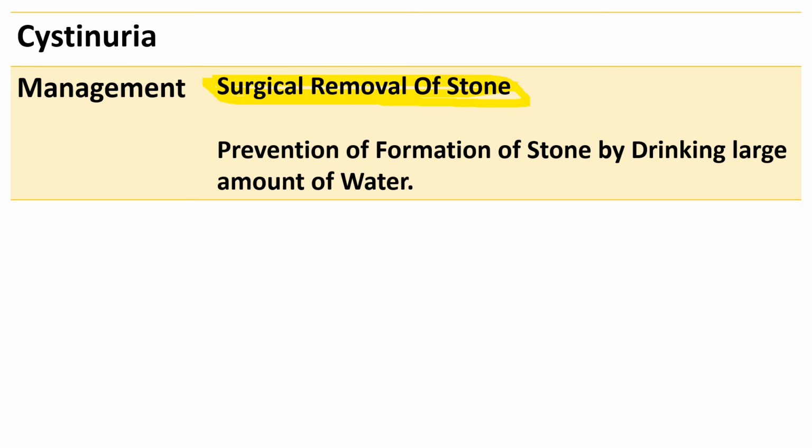And once the stone is removed, prevent the formation of stone. You have to prevent the formation of stone by drinking a large amount of water regularly, because this large amount of water prevents the precipitation of cystine crystals, so there will be no stone formation. This is about